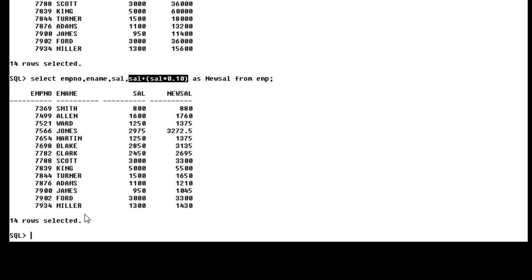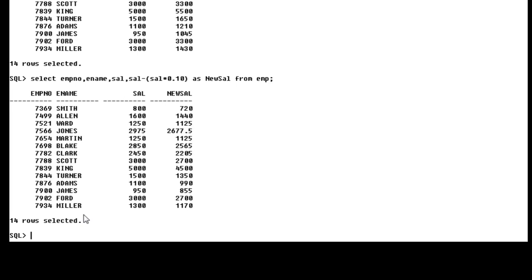If I want a 10% decrement of salary, then I have to select empno, ename, sal minus sal * 0.10 as new sal from emp. This is the salary with 10% decrement. This is the new salary as 10% decrement of actual salary.